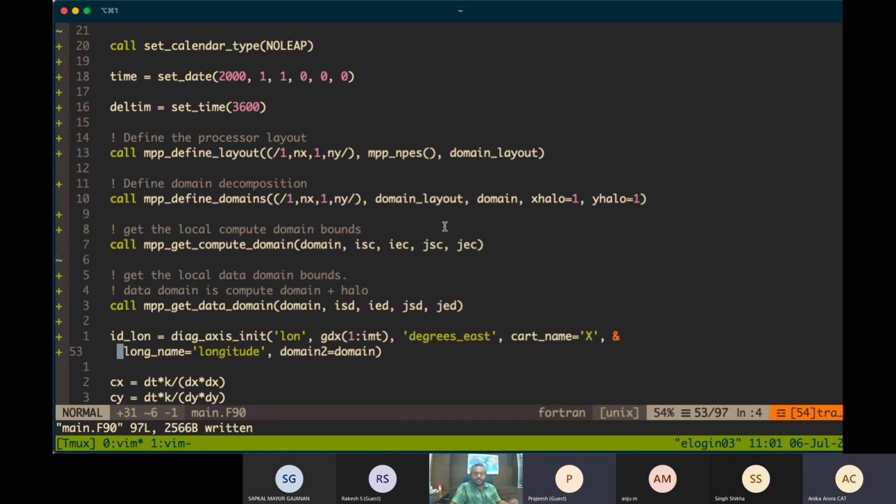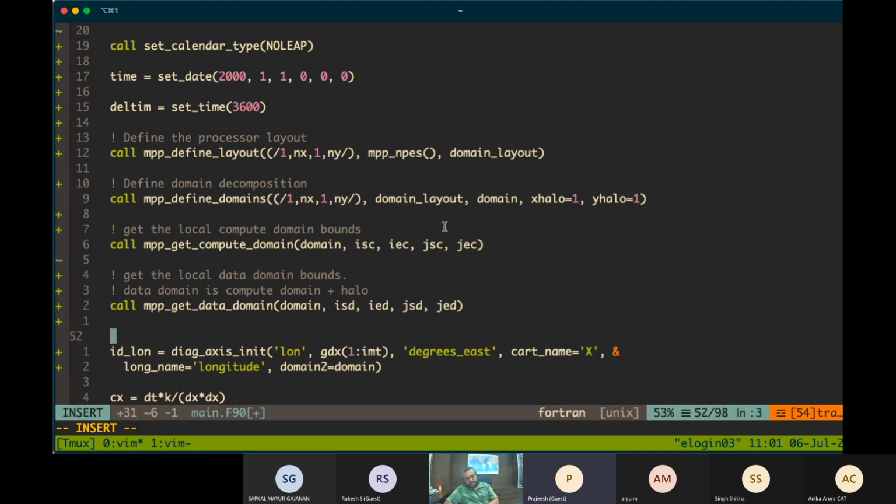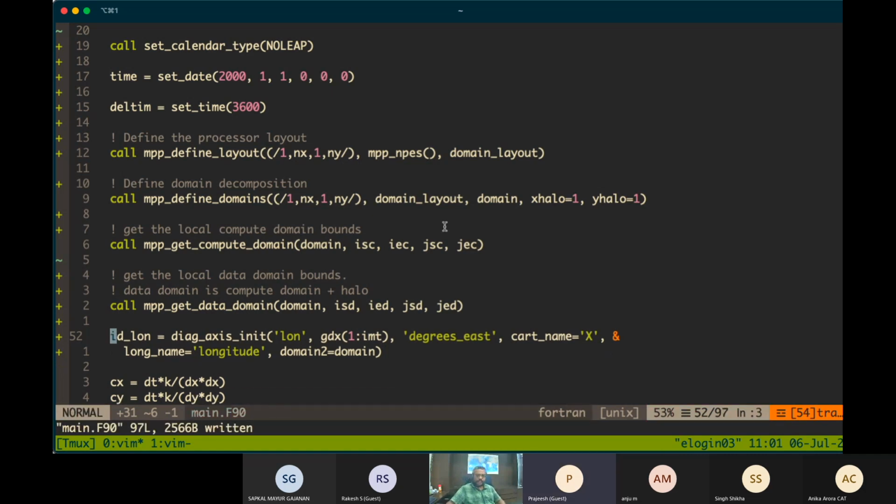Okay. So here we are defining the x coordinate, which is longitude here. We need an array here with the coordinate values. I'll explain what these things are. When you call this function diag_axis_init, the required arguments are a name for the axis. Here the name is lon.